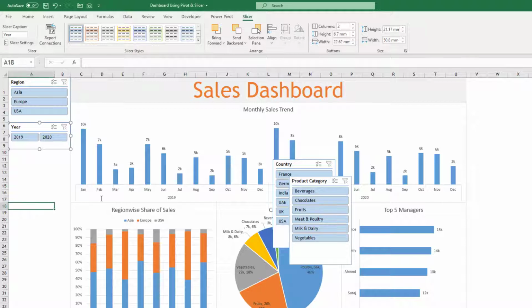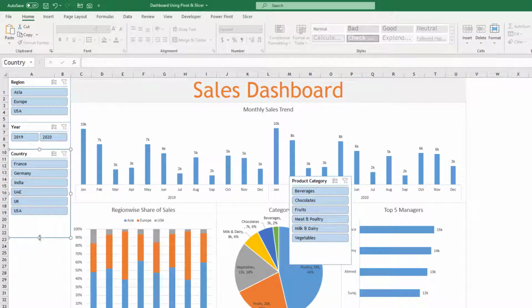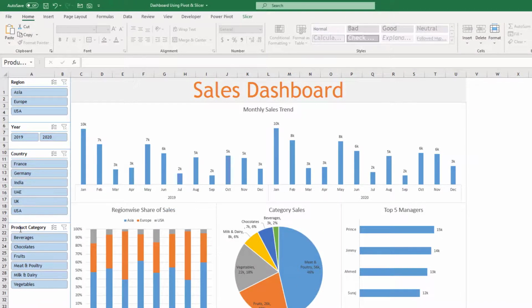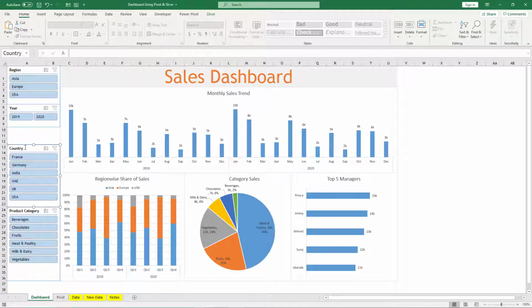After that I will bring my countries, reduce it further, and the last one is my product category. Make sure you align it with the bottom and top properly. So you can use this one a little bit down, and this we will keep like this.